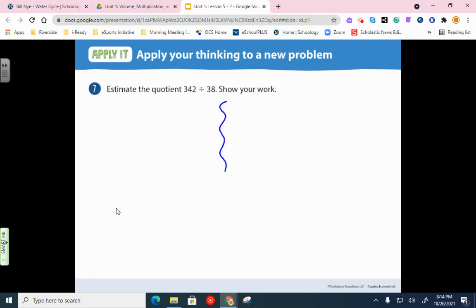Split up your workspace into 2 spots. I just want to show you something. So 342 and 38. So we have to find compatible numbers, and above here, let's write that, compatible